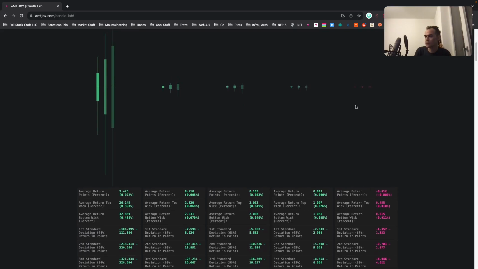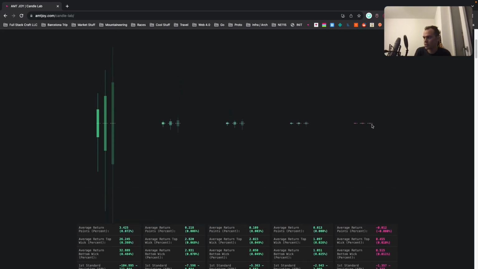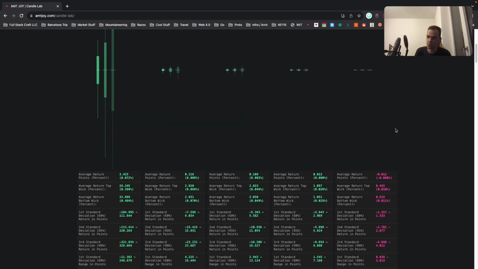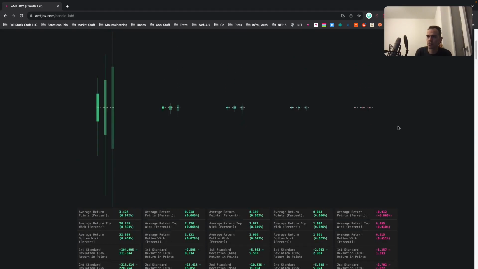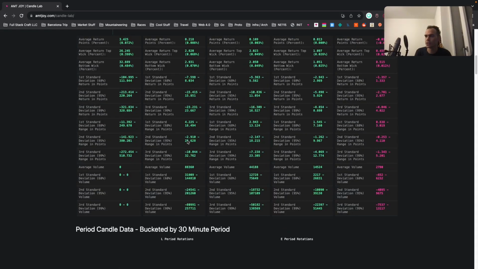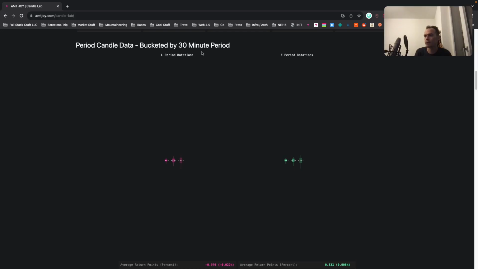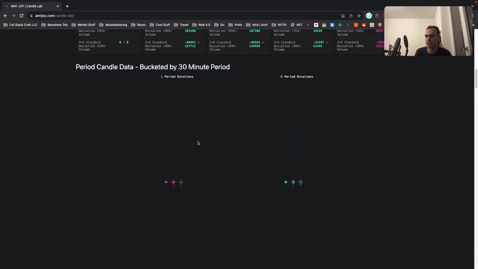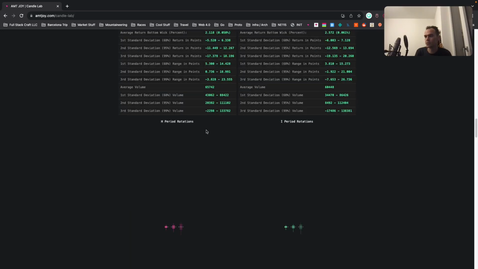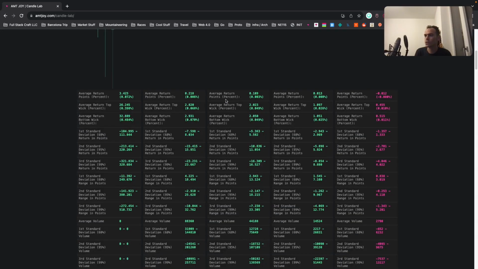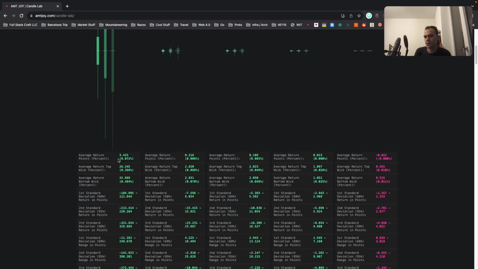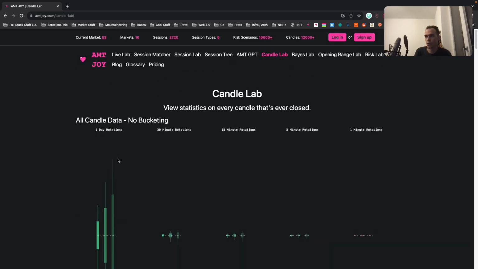So for example, the 1 minute rotations on average are down, which is interesting. Maybe that means we're heading into a downtrend. So there's a lot more we're gonna do with this. And we also do it by AMT period, right? L period, E period, F period, G period, so on. So still need to do more work here, but it's kind of an introduction into what we have planned for